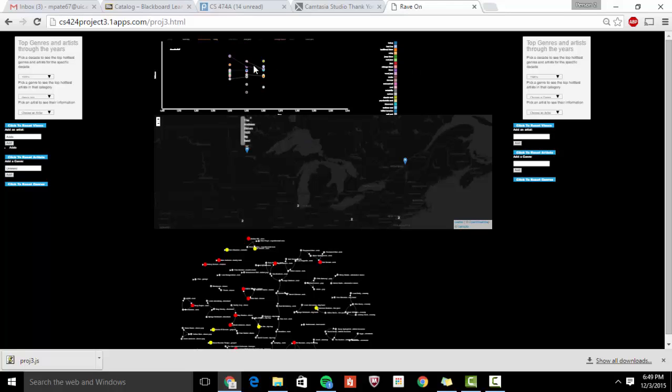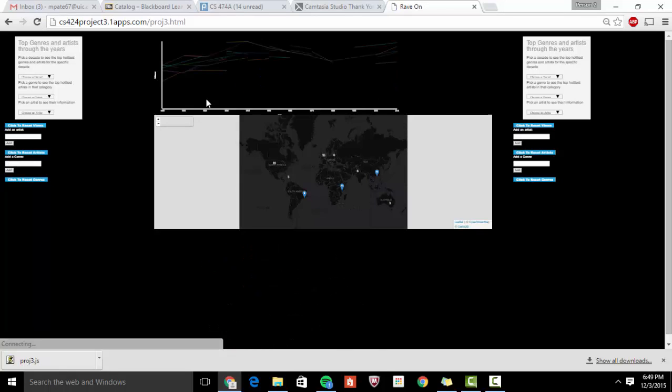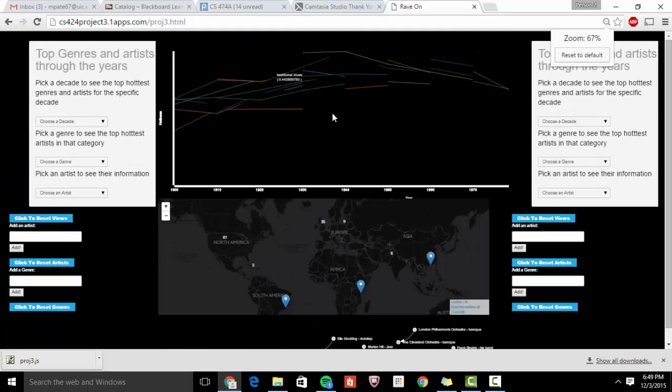Also, there's a timeline that displays how that genre or even that artist has evolved over time. So with this genre, if I go ahead and refresh this page, you can see this displays all the different genres throughout time. So for example, if we look at this orange one, Dixieland, you'll see that it was on the uprise from